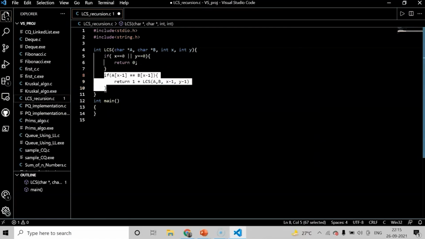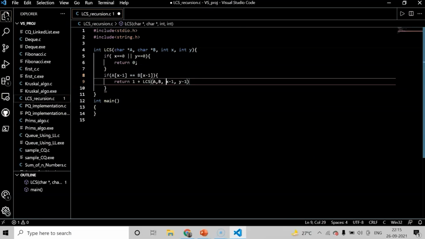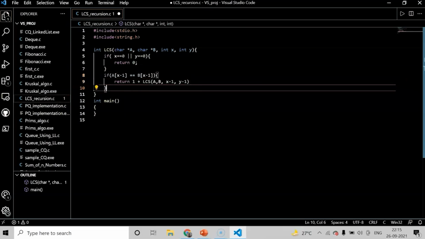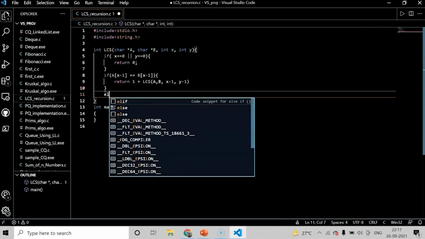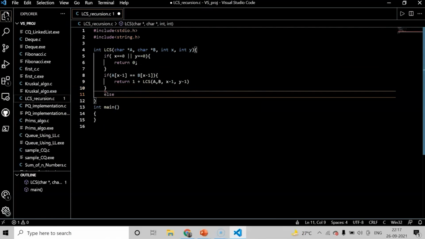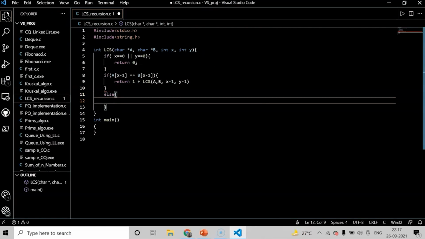Once this condition gets fulfilled, we'll return 1 plus a recursive call to the LCS function with inputs decreased in size by 1, that is x minus 1 and y minus 1. Now, if both the previous conditions fail, then we'll go into this else part, and inside this else part, we will return